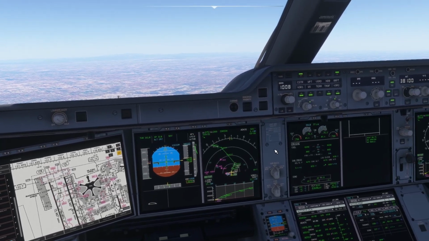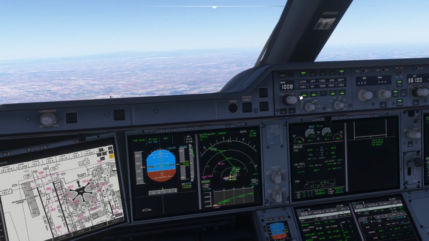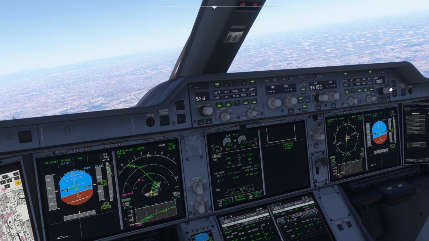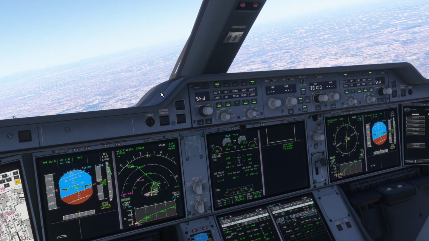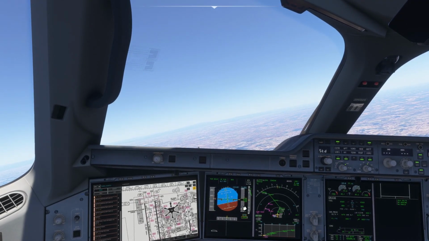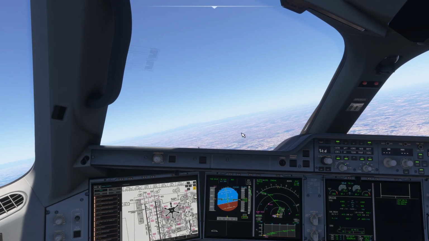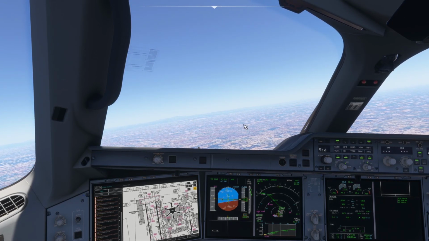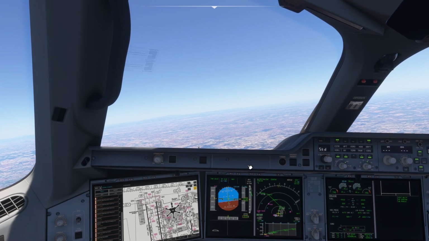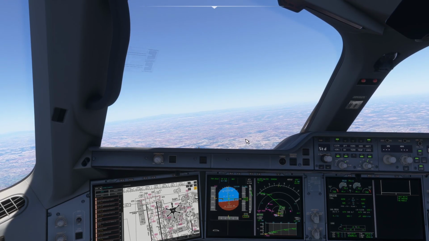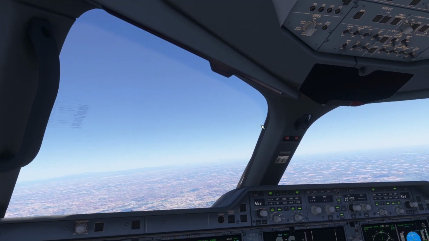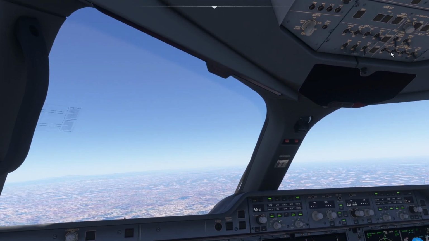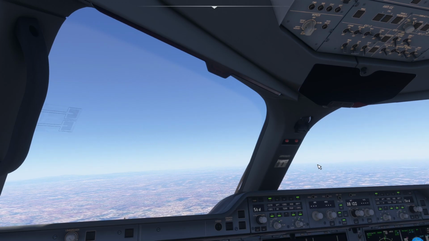All right, 9,500. Then set this to standard now. Oh, that was kind of correct. 9,900 feet is 3,000 meters. Alright, 10,000 feet, and switch off the landing lights, seatbelt signs, and no mobile phones.